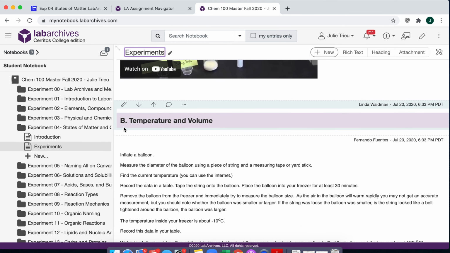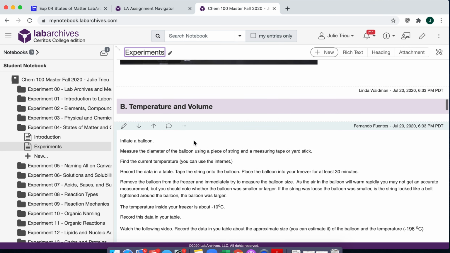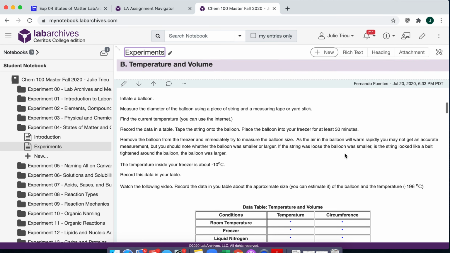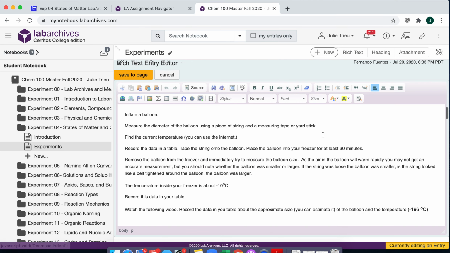For the second part, part B, we're going to find out the relationship between temperature and volume. You need some latex balloons and you measure the diameters of the balloons, then we're going to calculate the circumference. The equation to calculate the circumference from diameter is circumference = 3.14, which is pi, multiplied by the diameter. So whatever your diameter is, multiply it by pi, 3.14, to get the